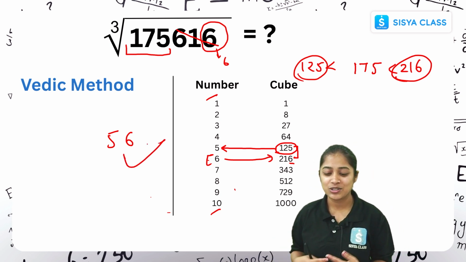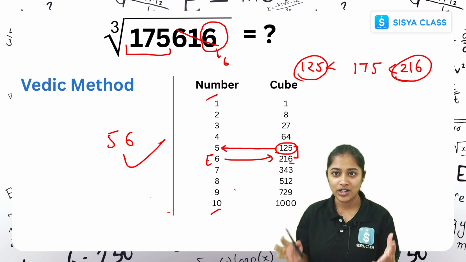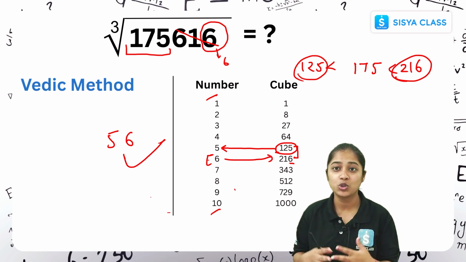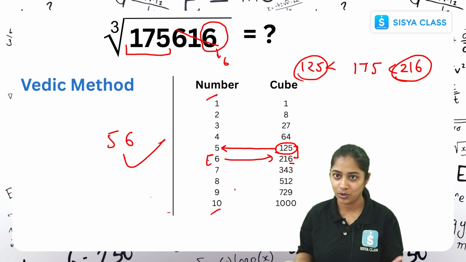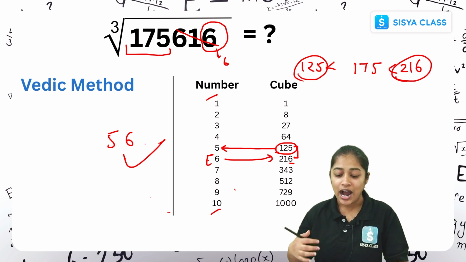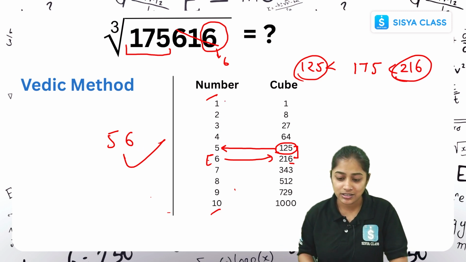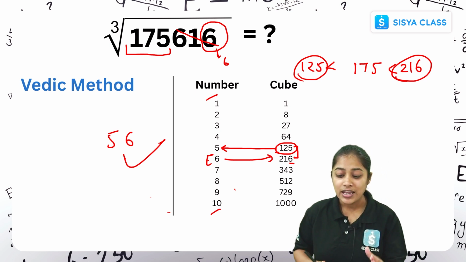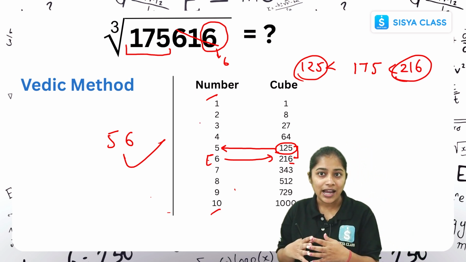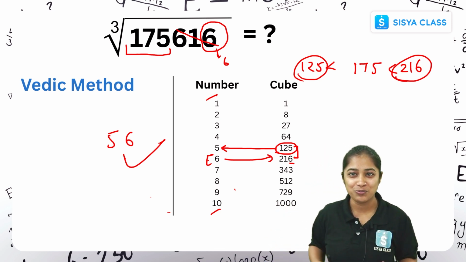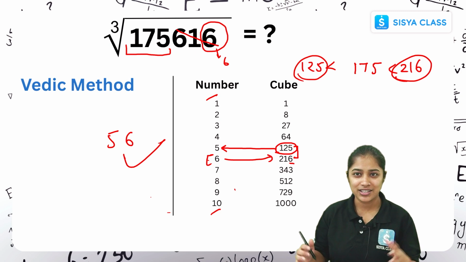Very easy, right? So again, your first task is always to focus on the unit digit and check that from 1 to 10, which is the number whose cube unit digit is also that digit. Now select that cube root for the ones digit. After that, cancel the last 3 digits of your number, and whatever number is left, check which cubes it lies between and select the cube root of the smaller cube. Okay, let's see one more example for this.